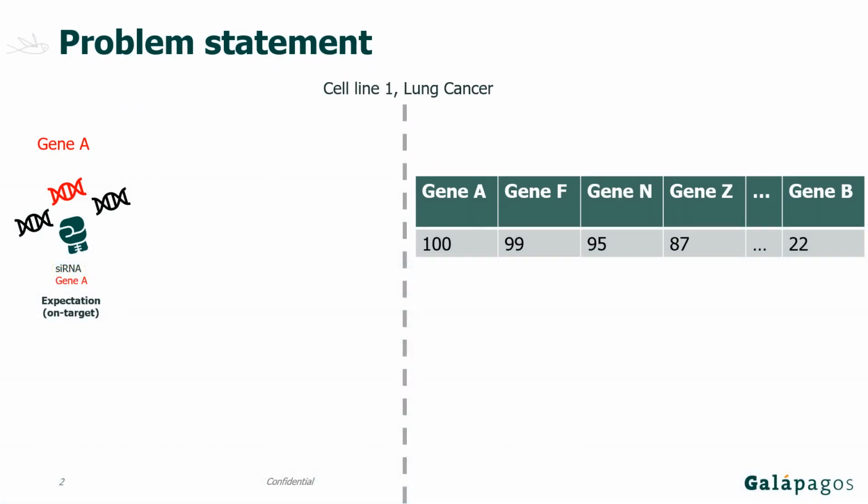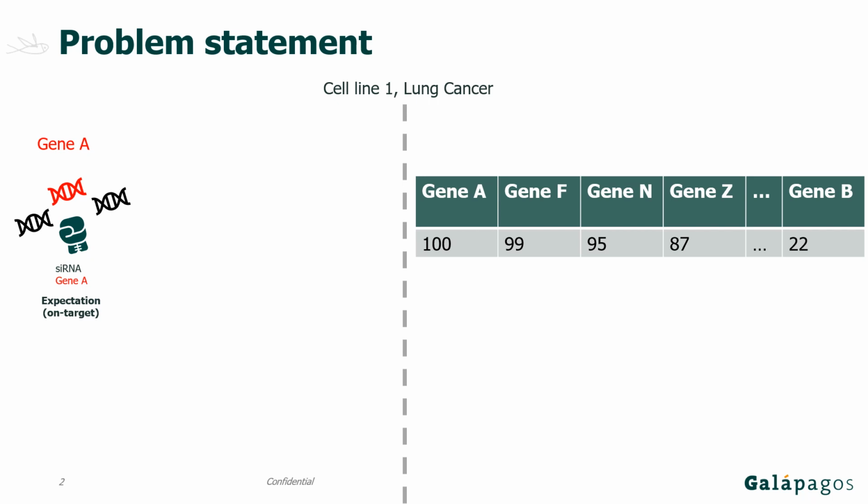Loss-of-function screens are experiments in which gene function is silenced using RNAi machinery or CRISPR-Cas in a certain cell line. These experiments are often used in drug target discovery to identify potential gene targets that, when silenced, revert the disease phenotype back to healthy. However, this technology comes with its own set of difficulties, one of which is the occurrence